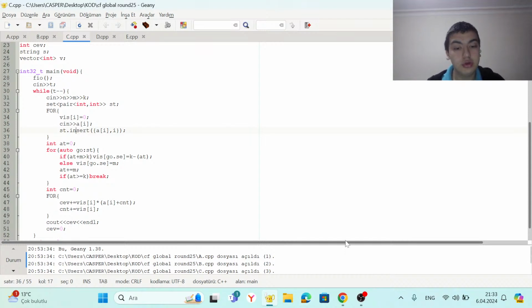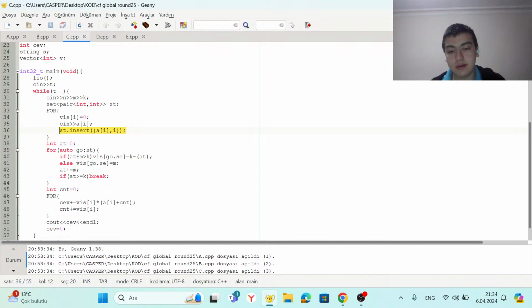Choosing the minimum cost day is better, as we see, so I am inserting all elements into a set so that I can find